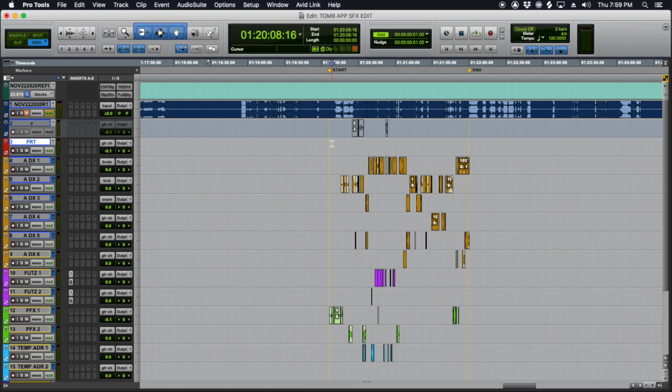Hey guys, Tom here with another episode of Audio Post-Production 101, and today we're going to be starting our sound effects edit on this scene. I'm actually going to take you through a couple other scenes that might have more interesting sound effect moments that we can talk about, but just to start off with, we've finished our dialogue edit on this scene,